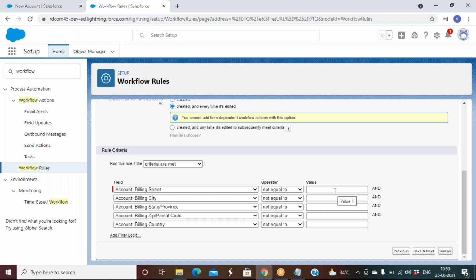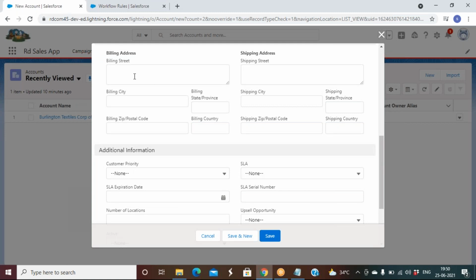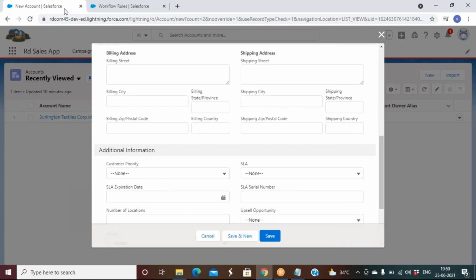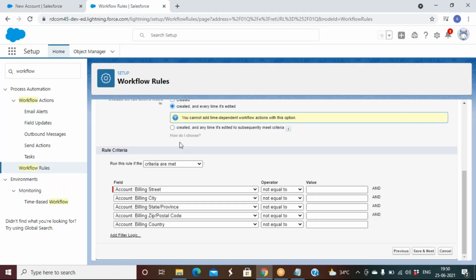And means all the fields should have data. So sometimes it may not work. If some of the fields have no data, then this condition will not work and the field update will not happen. In this condition, the system is checking whether all the fields have data or not. So let's say any of the fields has a value, then how do we update the respective field?